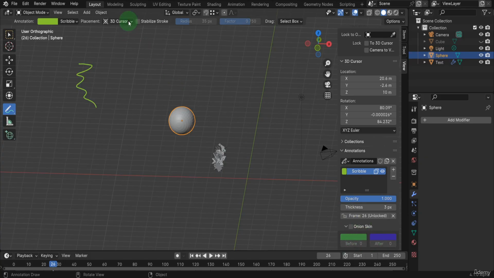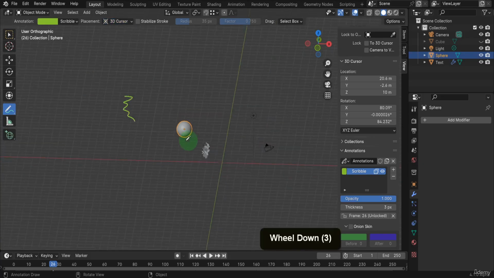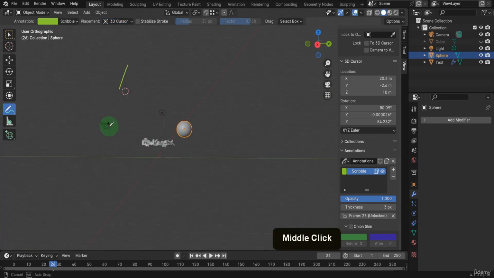Right at the top you'll find the placement settings, which control the positioning of your annotation. By default, it's set to the 3D cursor, aligning your drawing with the plane of the 3D cursor. If you rotate your view, the alignment with the 3D cursor will become evident. Pressing Shift and right-clicking to reposition the cursor will allow you to draw another annotation aligned to the new cursor